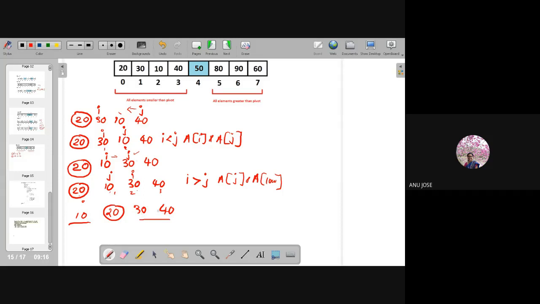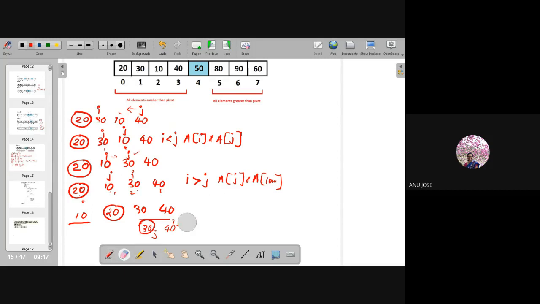So this way we can proceed. Again 30 and 40 are the elements we have. 30 will act as the pivot element, and I and J will be in the same location. The movement of I has stopped here because I has already reached a value larger than the pivot. But J can be moved, so J comes to the next location. J reached over here, and the interchanging of I and J has happened.